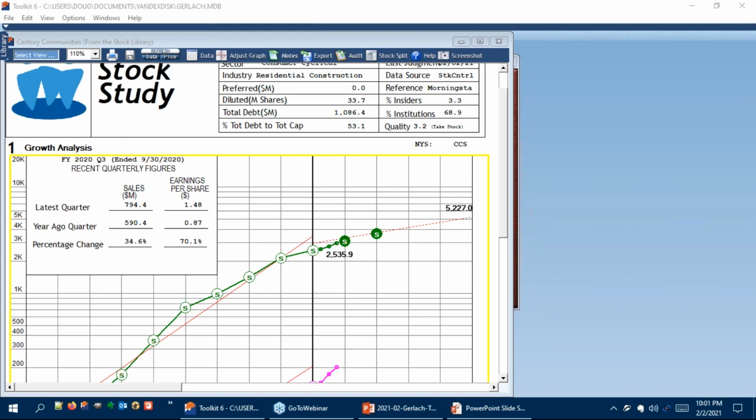Diane says, how should we evaluate stocks now? Use the Better Investing SSG Plus on their website. Yeah, you can continue to use Toolkit, and with any luck, we'll be talking about Toolkit and still using it in 2022, and perhaps even longer. But if people are coming into your club, don't recommend that they get Toolkit at this point. I would not think that would be a good thing.